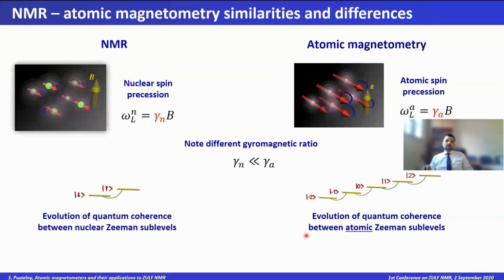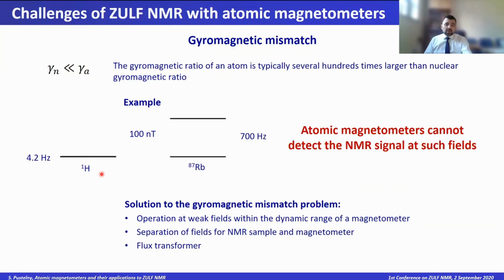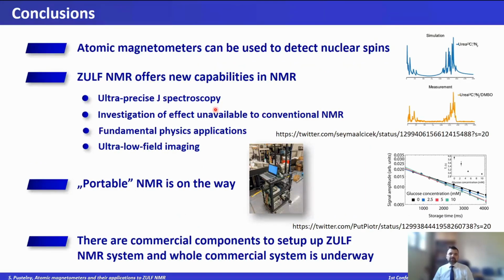So what you can actually do, you have to be careful. If you apply the magnetic field, you have this magnetometer that has a completely different sensitivity range than the frequency emitted from your atoms. So you have to be very careful, and you can play with the tricks mentioned by Michael Tyler yesterday. You can have a solenoid that generates a different field for your sensor and a different field for your NMR sample. You can measure something very close to magnetic field or truly in zero magnetic field, and you can do some other tricks like a flux transformer that I'm not mentioning.